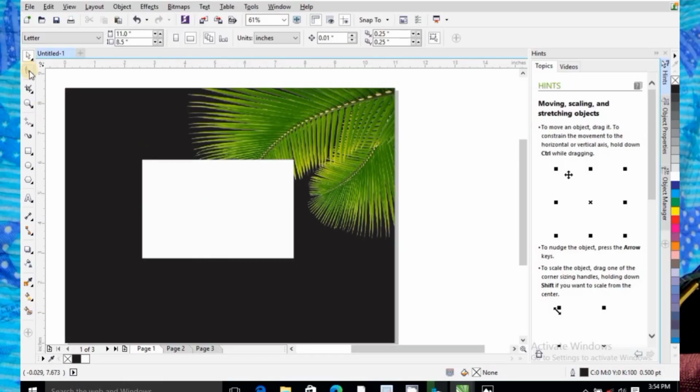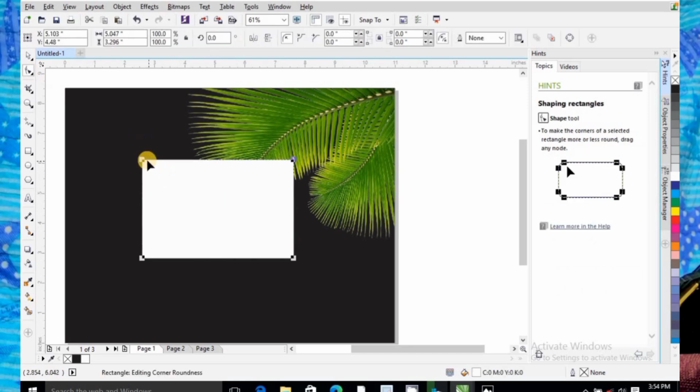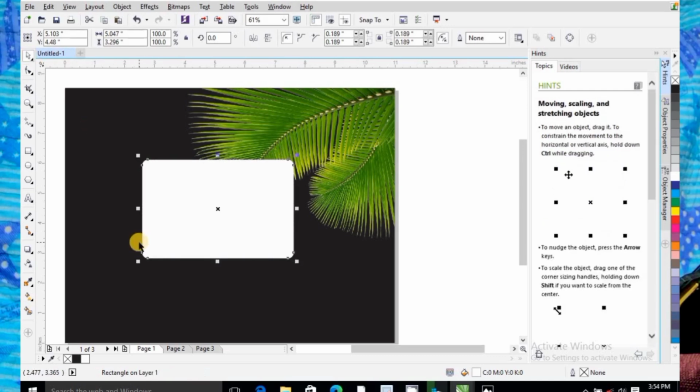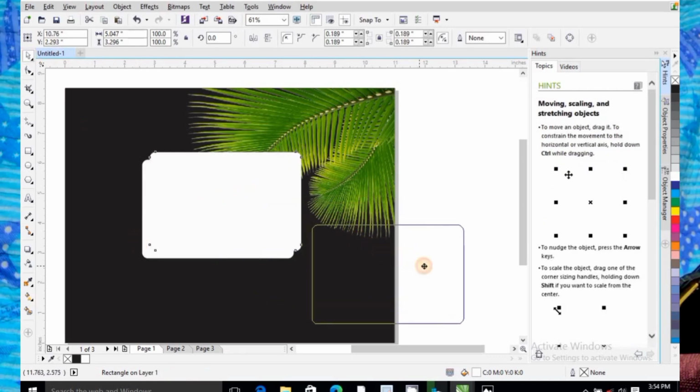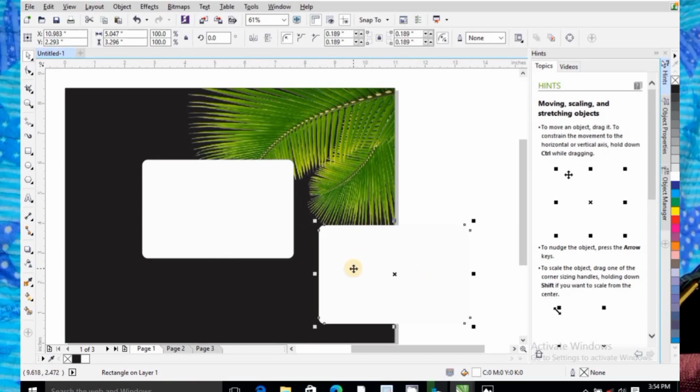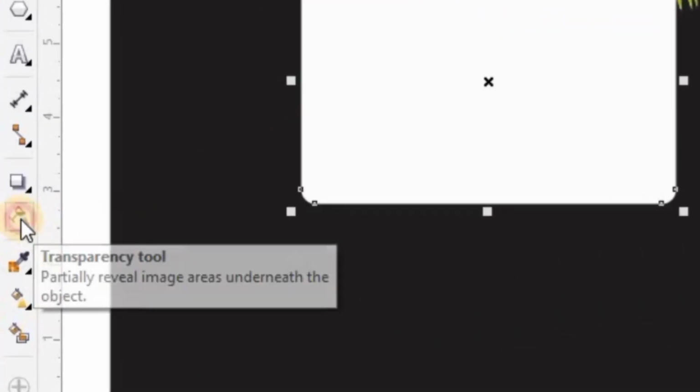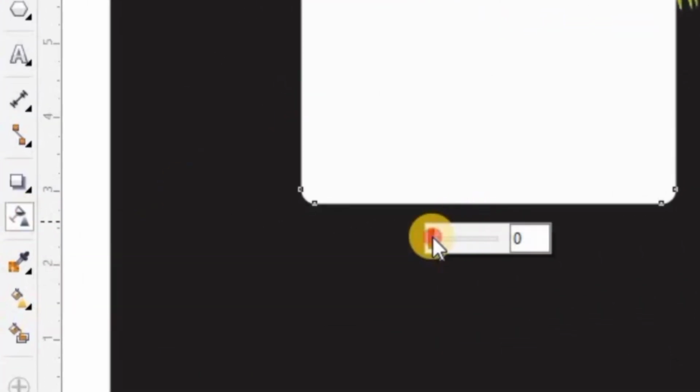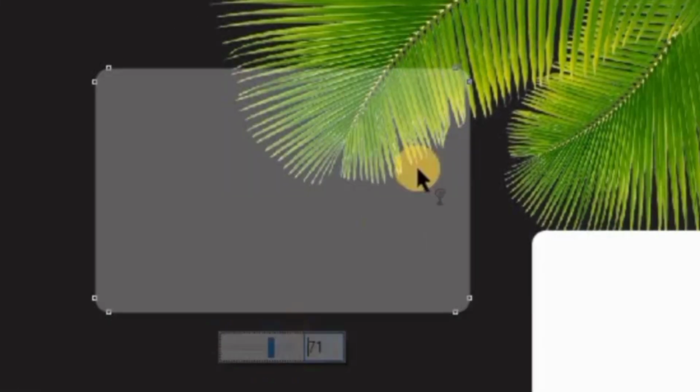So we're going to add some aesthetics to it by rounding the corners a little bit, and then we're going to duplicate it and keep it aside. So we're going to use this duplicate later on. So we select the main shape and then go to transparency. So we select transparency and increase the transparency until we're able to see the image behind it, not that